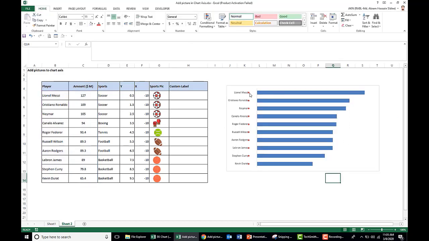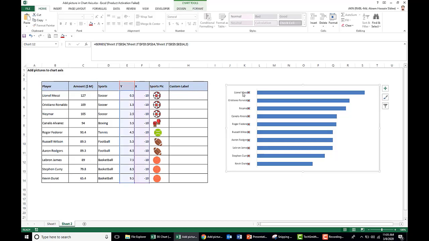Now we select this picture, copy it and place it on this marker. This player represents the sport soccer. Now choose this marker and paste it as the soccer picture.